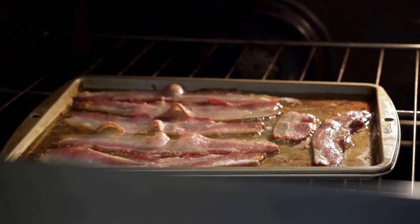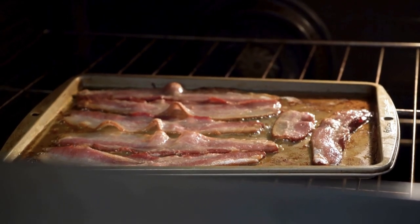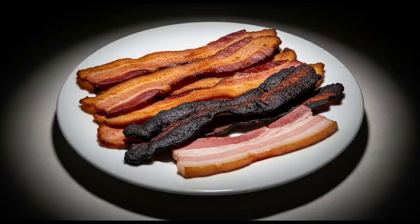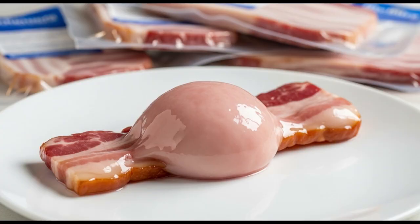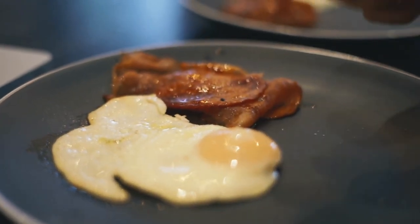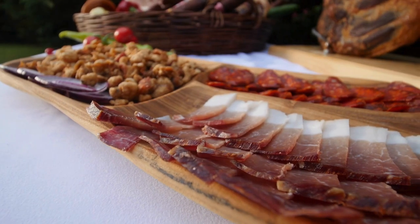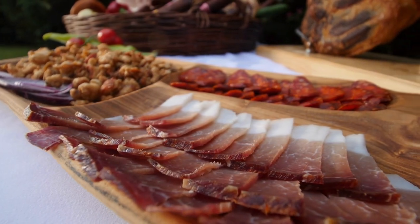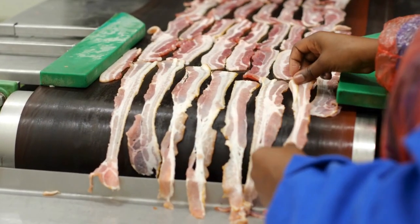Americans eat over 2 billion pounds of bacon every year, roughly 18 pounds per person. But while we've been enjoying crispy strips at breakfast, something darker has been happening behind the scenes. The bacon aisle has quietly transformed into a corporate battlefield where big brands care more about marketing than meat. They pump bacon with water, overload it with sodium, rush the smoking process, and then slap premium labels on what